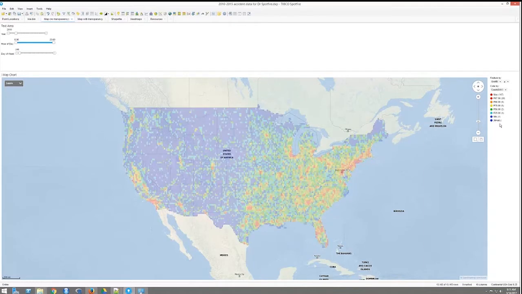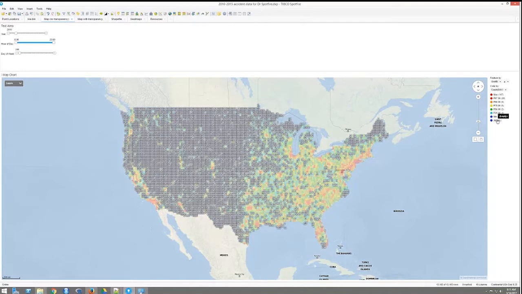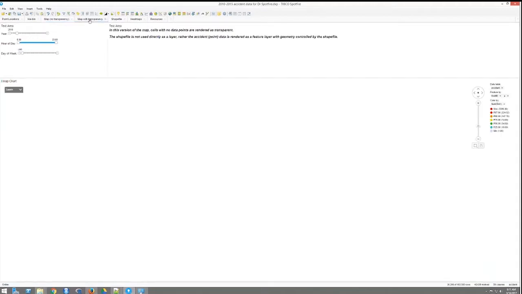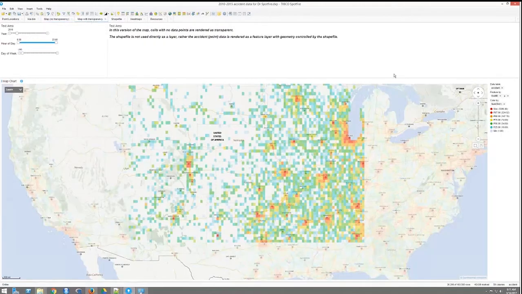So it kind of shows me these are all the cells that are empty, and I would really like them to be transparent and not this blue. I've got some transparency on the overall map, but the blue is still showing as a blue color. It would be cool if that would be transparent. So I do have that here as a transparent map, and